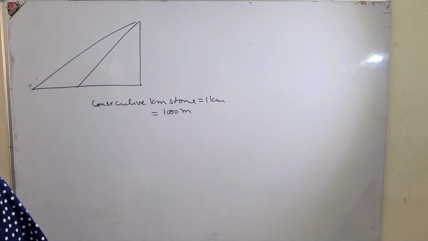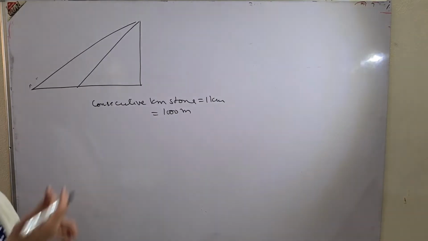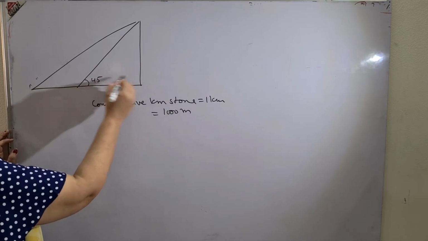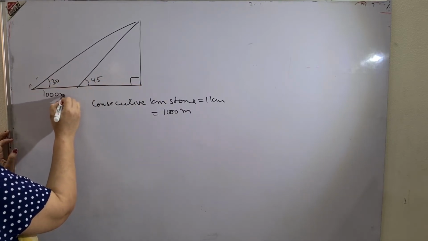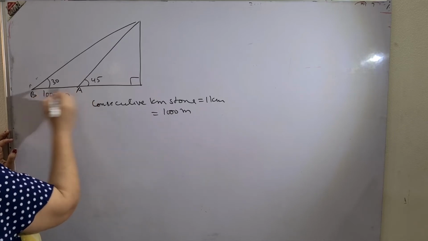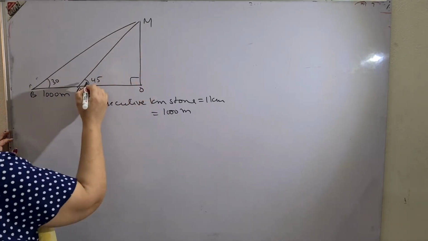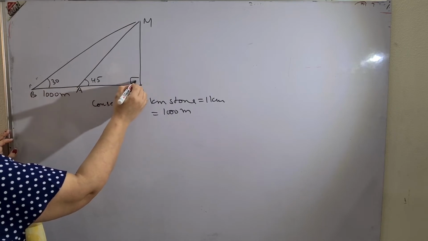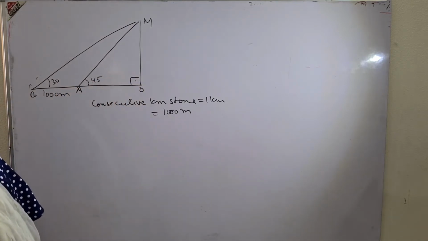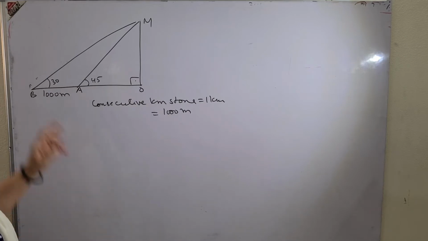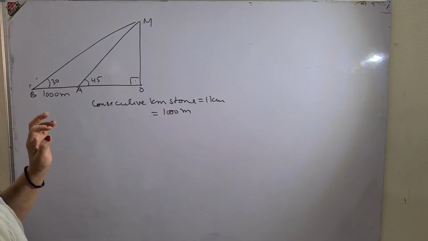He says, from the top of the hill, the angles of depression of 2 consecutive kilometer stones due east are found to be 30 and 45 degrees. Now I'll make the angle 45 degrees nearer to 90, 30 degrees away from it, and this is 1000 meters given to me. I told you before also, telling you again, that always the bigger angle will be nearer to 90 and the second distance will be given. As you know what to do, you have to find the distance of the 2 stones from the base, from the foot of the hill.